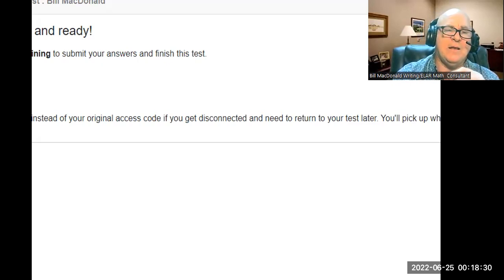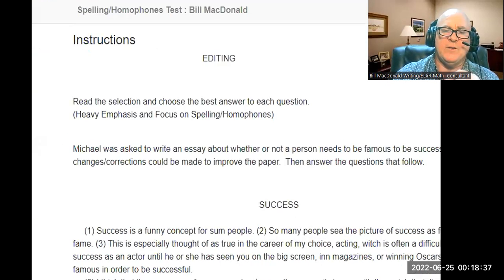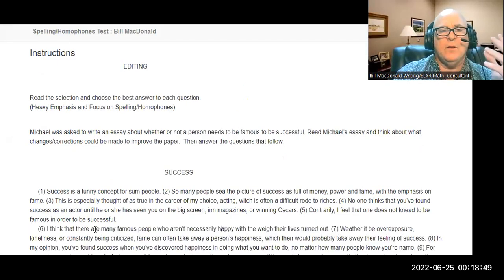So I'm going to click next so that you can see the test, and then I will go ahead and widen my screen so you can see more of what I see. Make sure that you can see everything that I'm seeing. All right, so it says spelling homophones. Now, even though it says homophones, and that's the main focus of this passage,